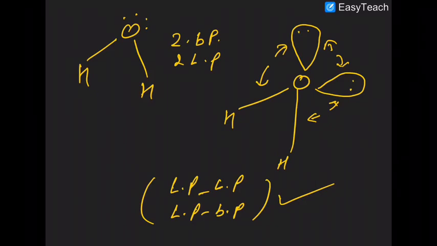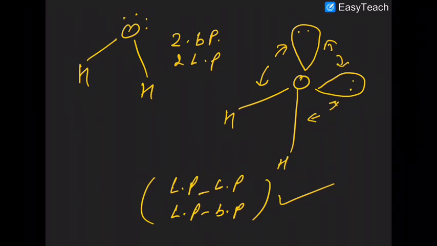I am repeating once more. In case of ammonia, there is only lone pair and bond pair repulsion. Although bond pair repulsion always exists, those are at the minimum. Why? Because in a bond pair, the electron pair is in between the two nuclei, but a lone pair is under the influence of only one nucleus. That's why lone pair repulsions are always more than bond pair repulsions. Okay, so these are a few examples. In the next class, we will discuss more examples on distortion of molecules.